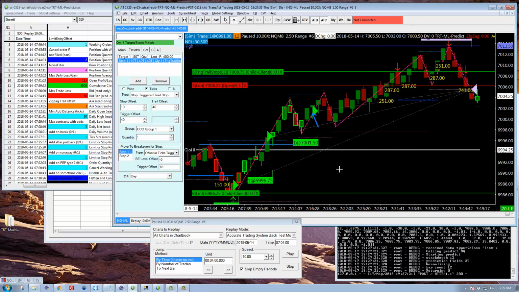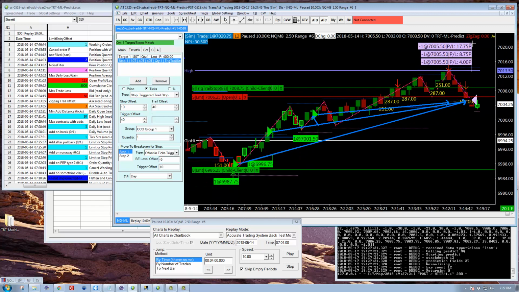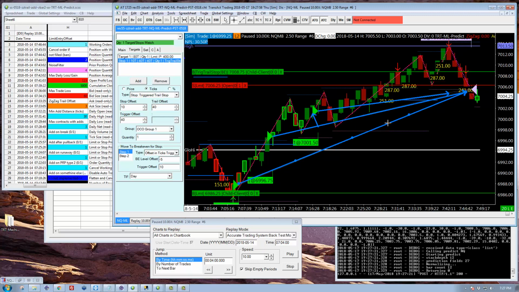The lines here are connecting the entries to the exit. All right, and if we look at the flags up here, we got 17.75, 8.75, and 4 from each of them. So for a total of 30. So actually less, right, than with 2 contracts. So that's a useful data point. It's only 1 day, but